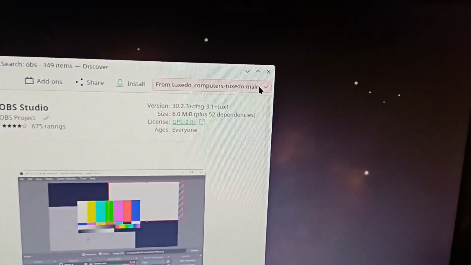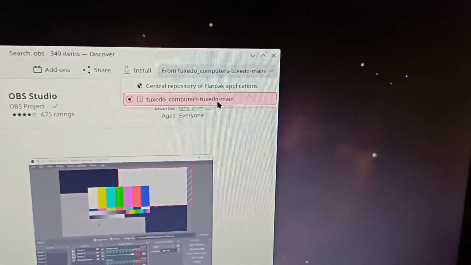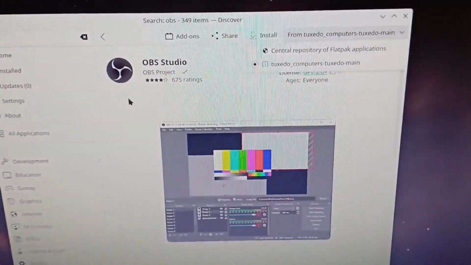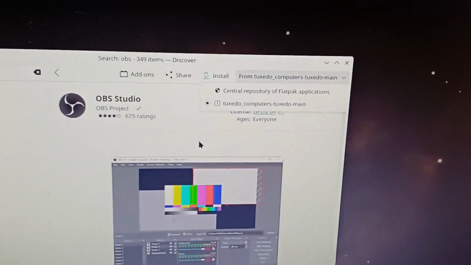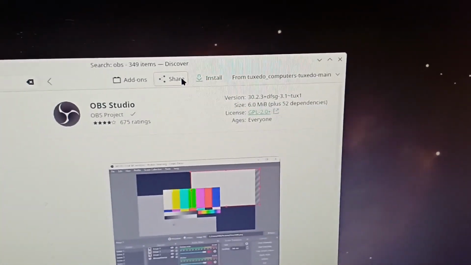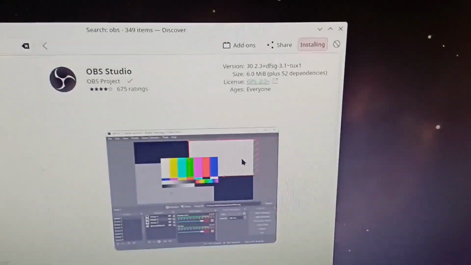Then you've got multiple sources up here, so you can install it from Flatpak, from Tuxedo Computers, Tuxedo Main, or which is basically just the operating system's own source for it. So you can just do this one, the one it defaulted to, and then click install, and it's just as simple as that.